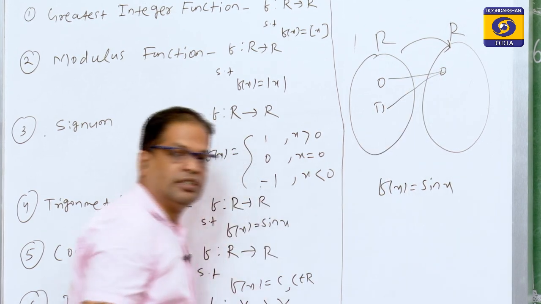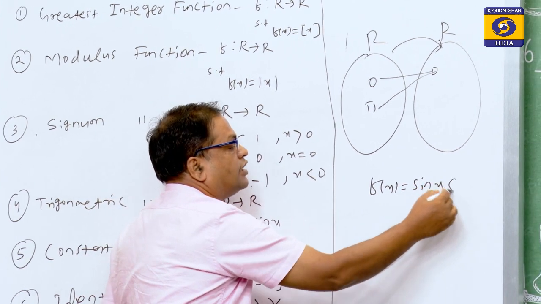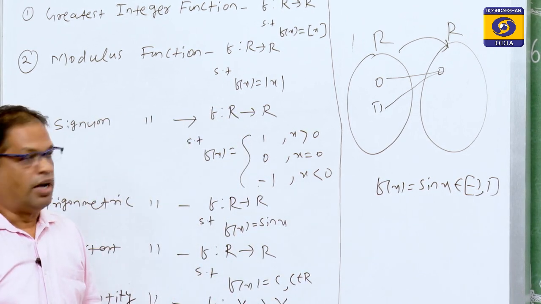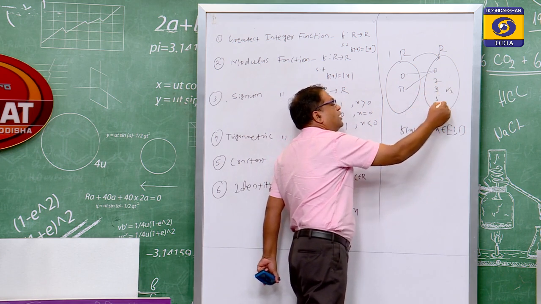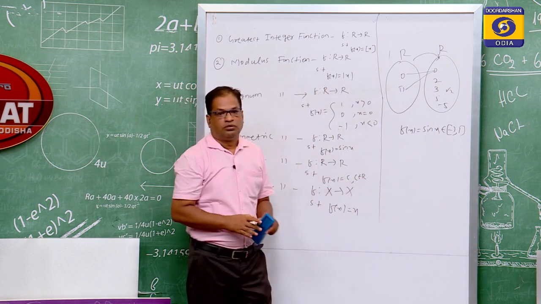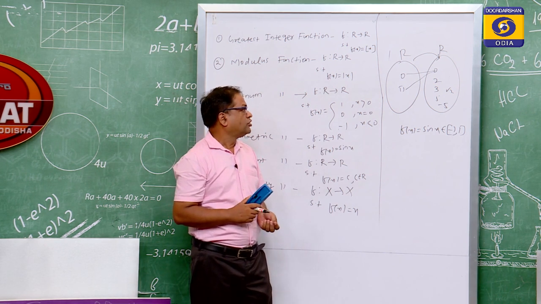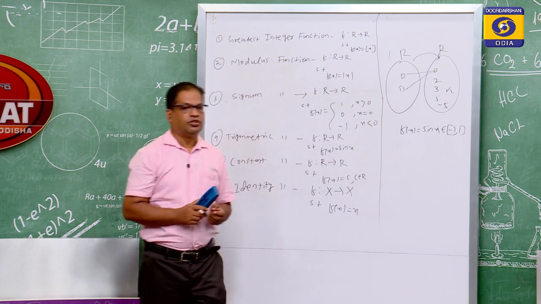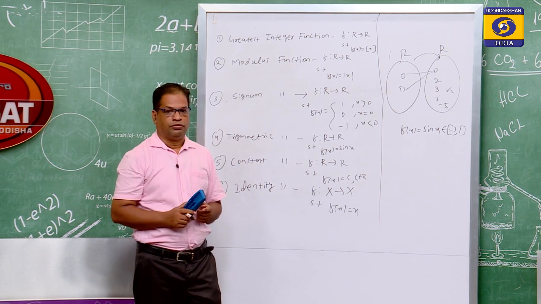So, this is again a many-one function. But the value of sin x lies within the closed interval minus 1 to 1. So, numbers like 2, 3, 5, root 2 or minus 5 do not have any pre-image in the domain. So, the sine function is also not 1-1 and not onto. Similarly, the cos function, tan function, sec function and cosec functions are also not 1-1 and not onto.